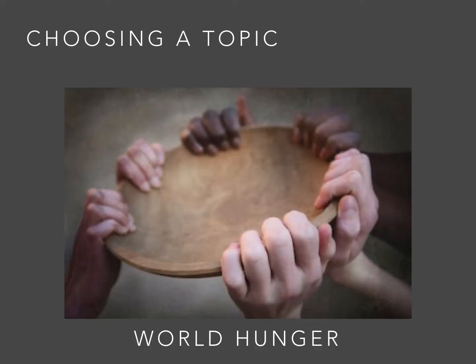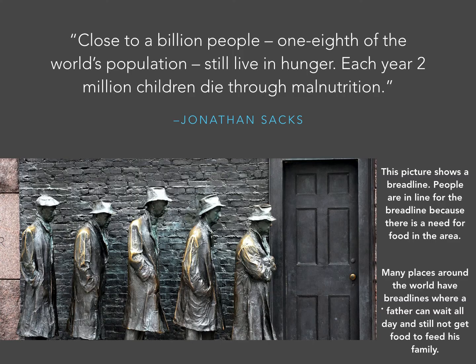So after doing your research on your three topic choices, just some broad research to see if something interests you more than another, you have to pick your topic. So your topic should be something informative that you would like people to know about. I chose world hunger because thousands of people go hungry each day, and it's so important to raise awareness about this topic. So now I'm going to go into showing you some good examples and some bad examples of photo essays.